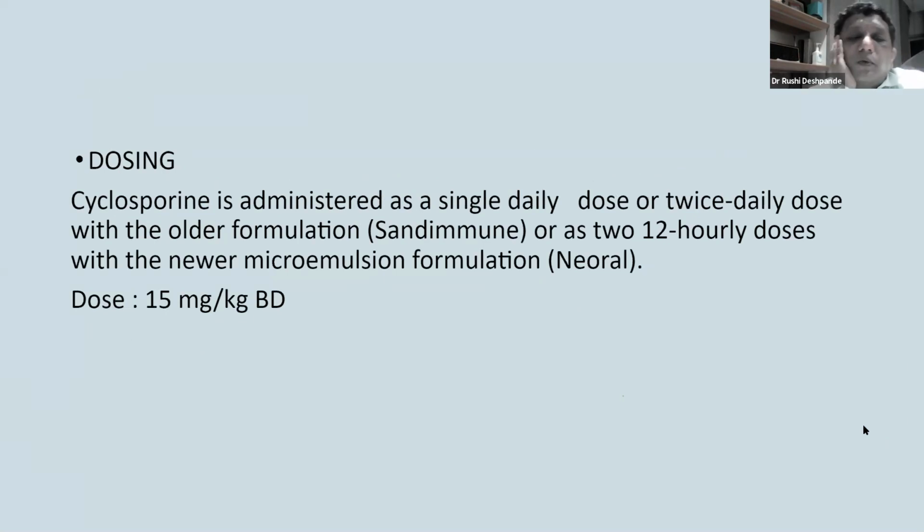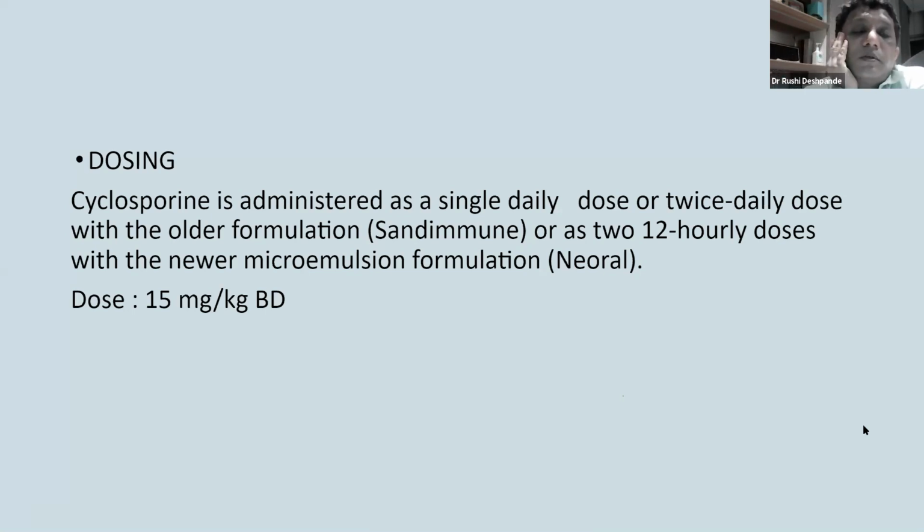How do we use cyclosporin? Cyclosporin is used commonly in twice-a-day dosage. The one we use in practice for the last 15-20 years now is Neoral, which is the microemulsion. It is much more consistent in its bioavailability, and that's why it is used all over. It is to be given as a twice-a-day dose, 12 hours apart. The normal dosing is 5 to 10 milligram per kilogram twice a day. The cyclosporin level is commonly available, and that is used to guide how much cyclosporin to use.